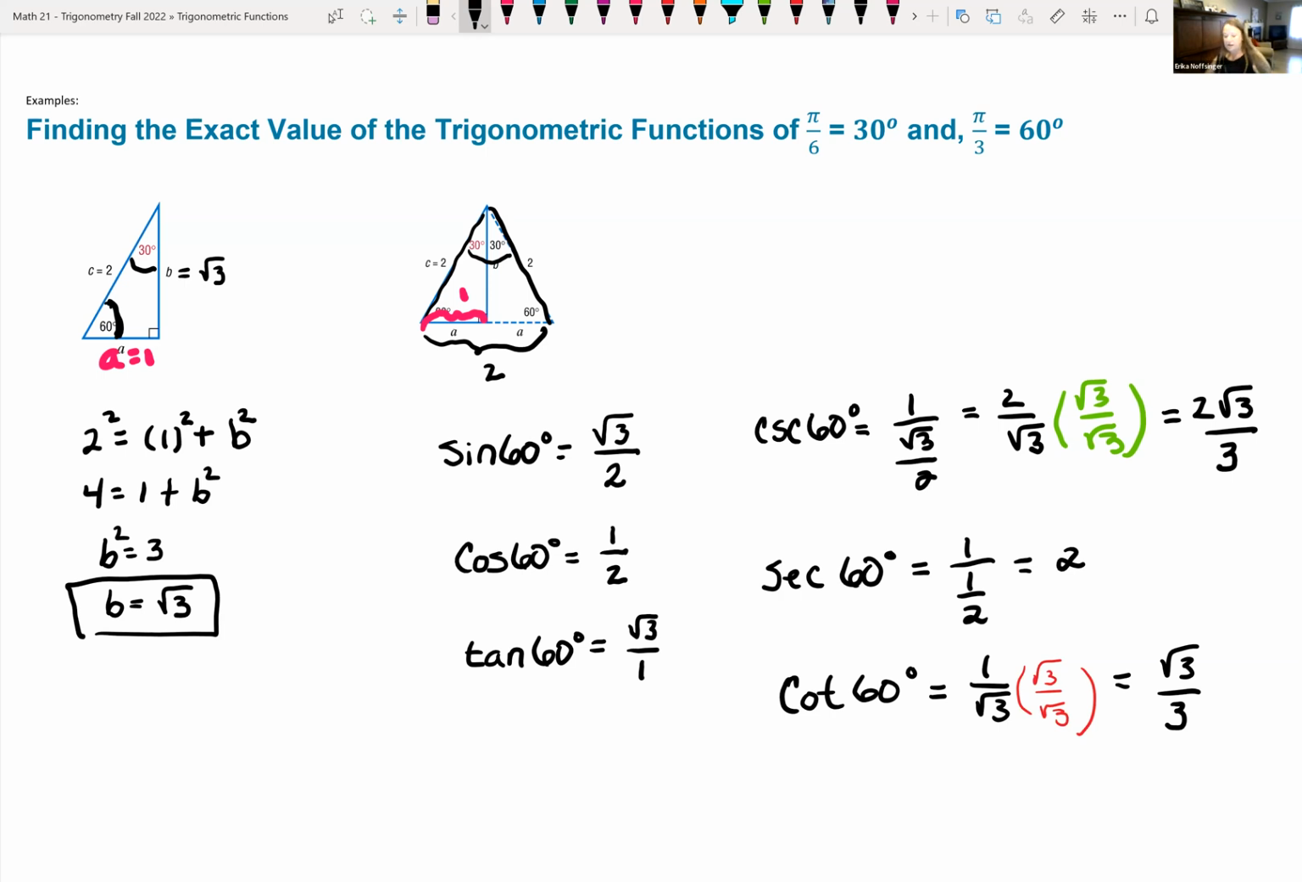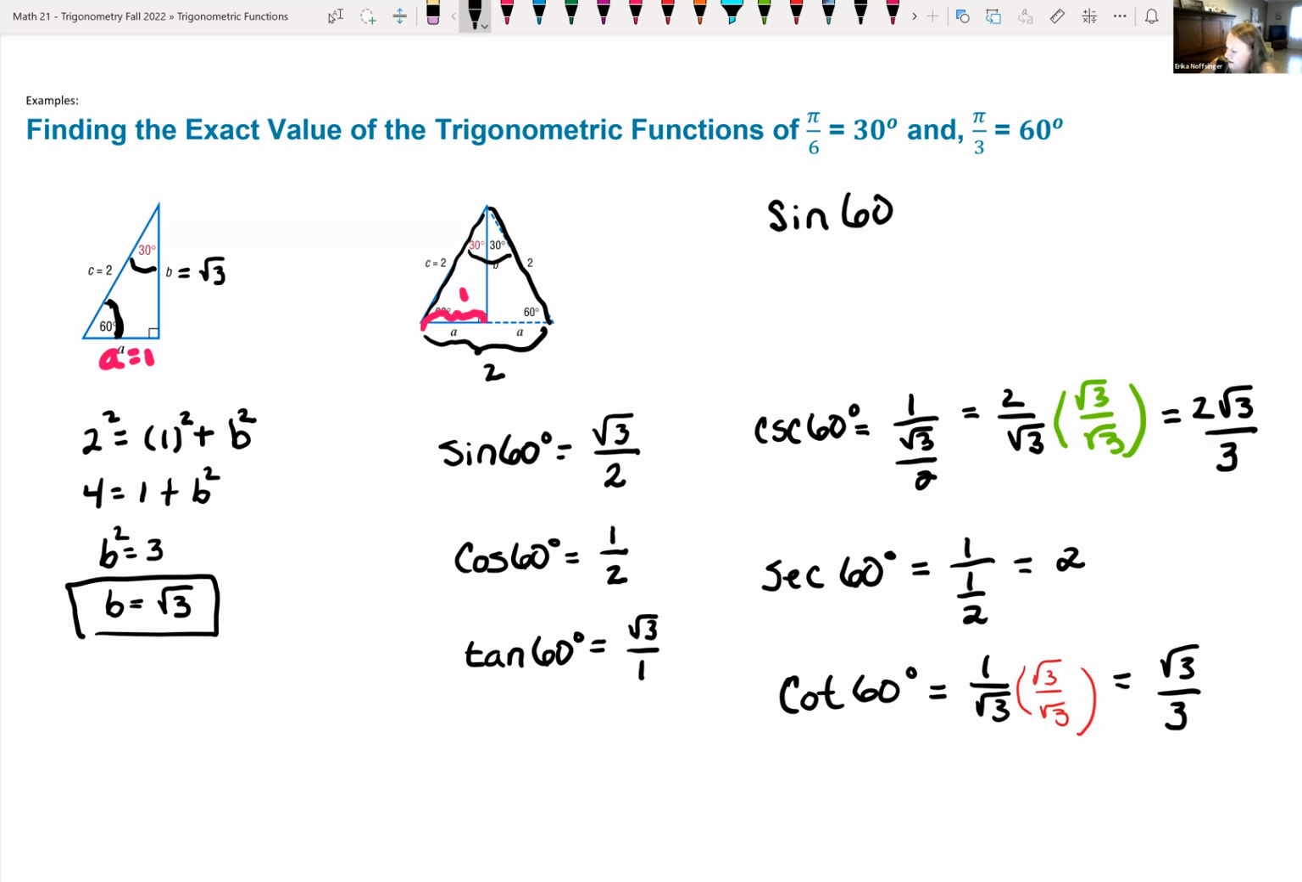So we derived all the trigonometric functions at 60 degrees. This would be equivalent to the trigonometric functions at pi thirds. And now let's look at the trigonometric functions at 30 degrees. And so again, there's multiple ways that we can go about doing this. We can use the fact that if we know one of the trigonometric functions, so for instance, sine of 60